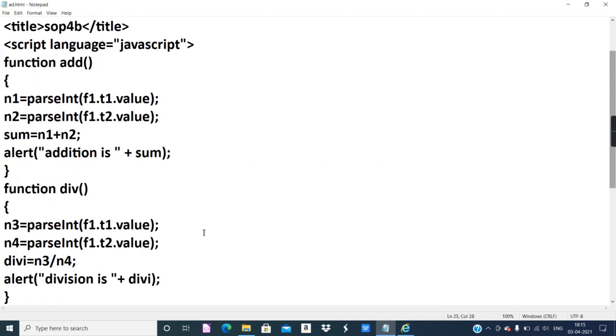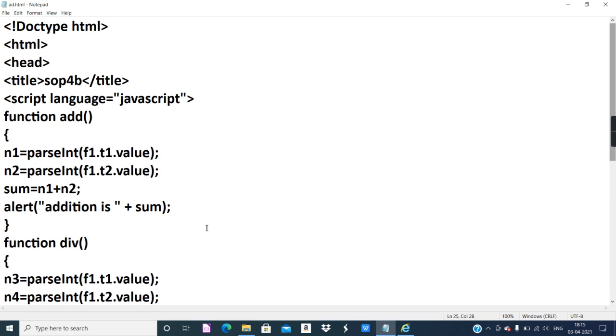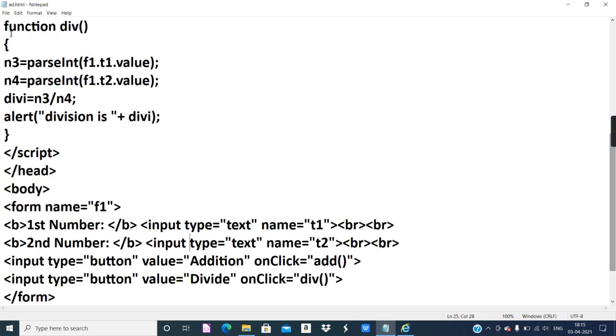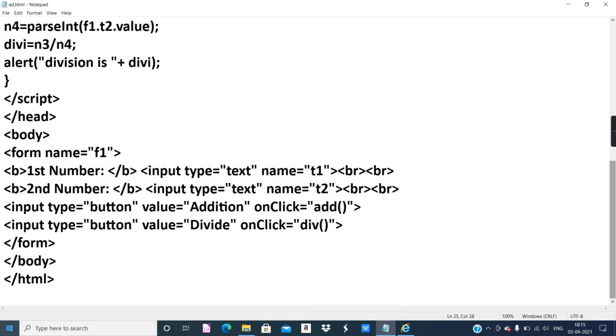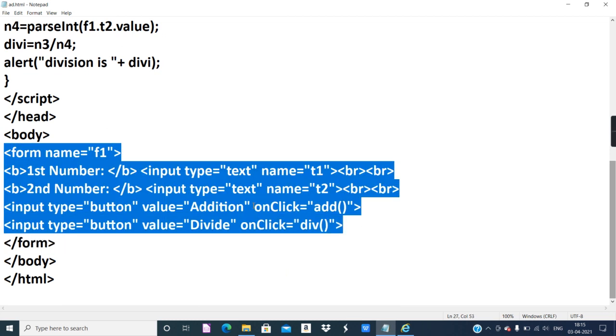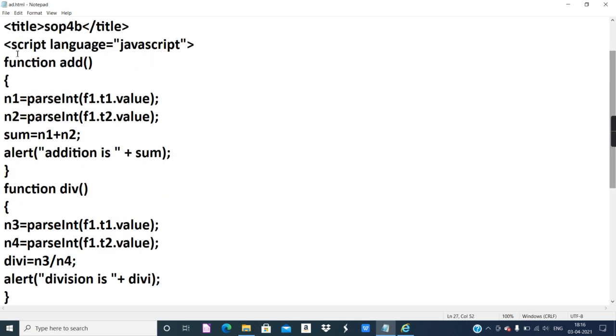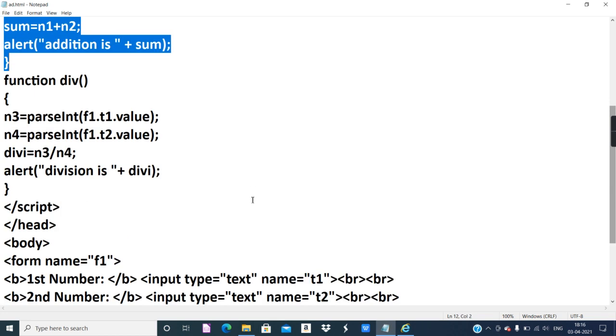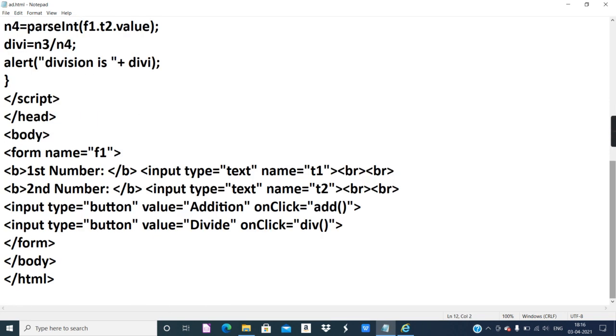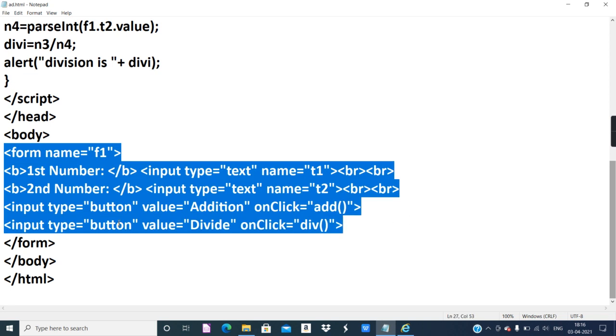Okay, so it's done. So now we have completed all the questions of JavaScript skill set 3. So please take a screenshot and perform step by step. First of all, type the basic structure of HTML and just execute the form. While executing the form, don't add this onclick part. You add this onclick part after creation of the individual functions. First you create, first of all you execute the form. First of all execute only this much.